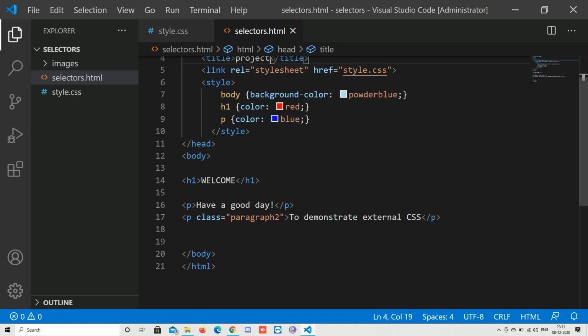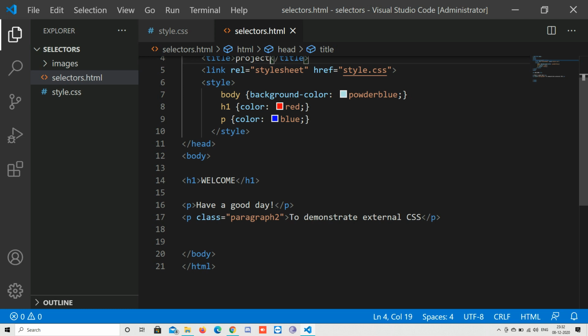So this link and the CSS file is going to style my second paragraph, and the first paragraph will be styled by the style element in the head section. So in the style element I have written three attributes. I have styled body, heading, and paragraph.